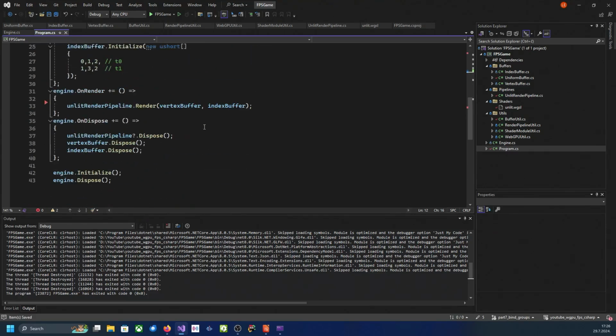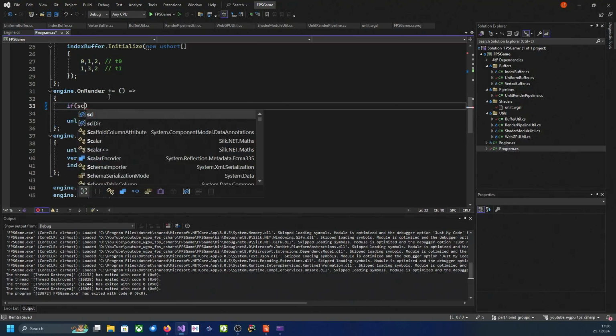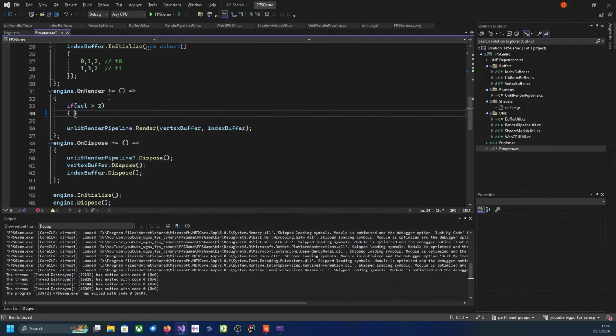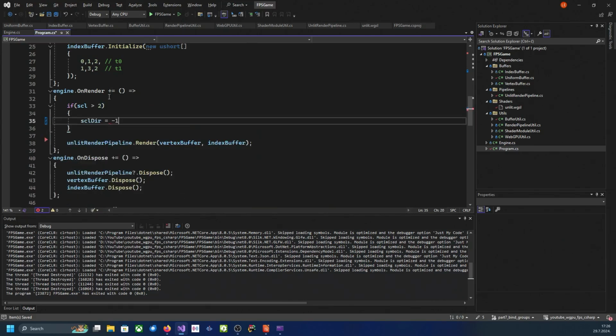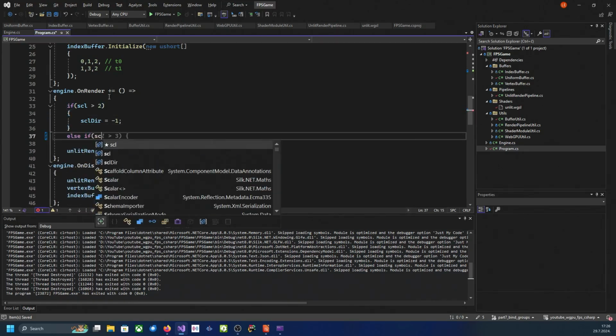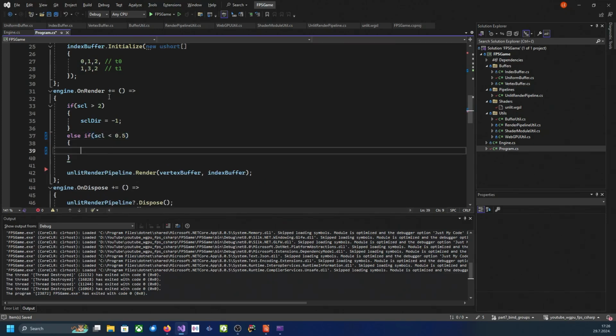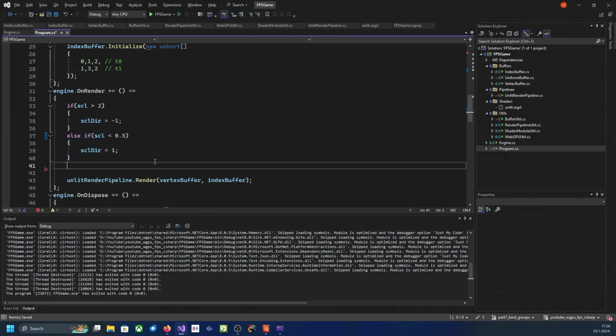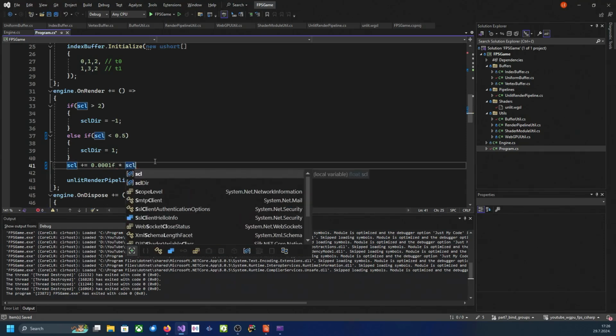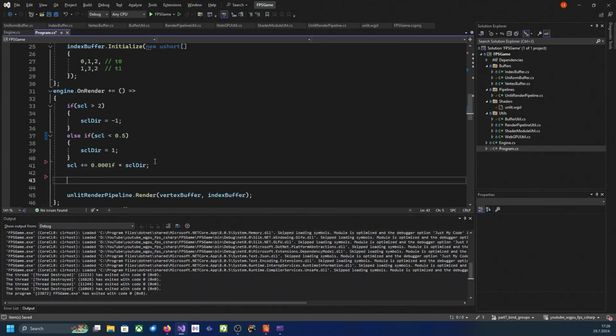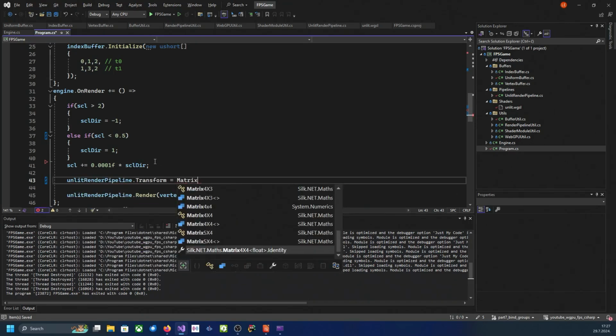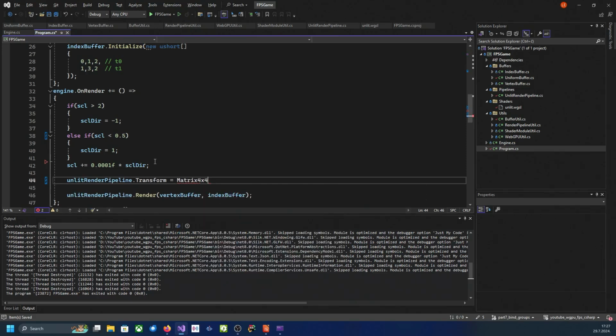Then what I want to do is animate that scale. Here I'm going to say if scale is greater than 2, we want to change direction to -1, else if scale is less than 0.5, it can be whichever number you want, we're going to set scale direction to this. Then we can say our scale plus equals some small value, because this is going to be very fast, times scale direction. And here we can now say pipeline transform is Matrix4x4.Create